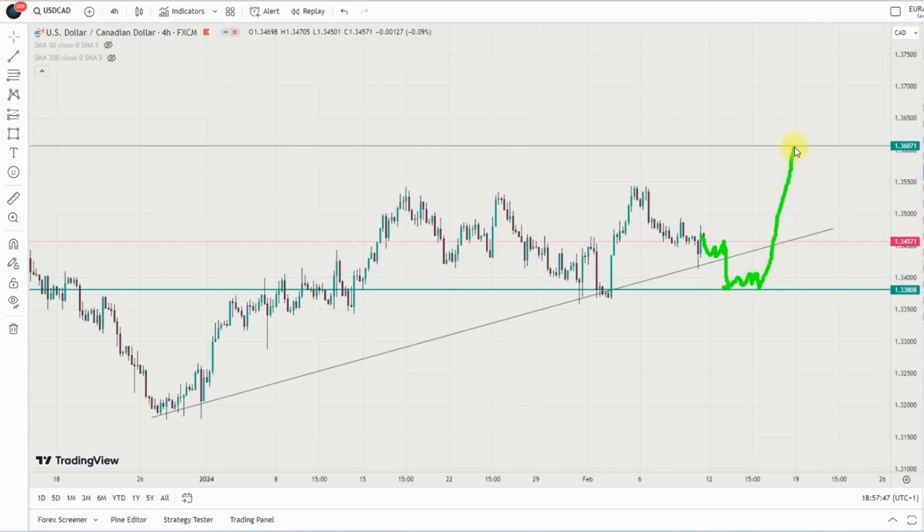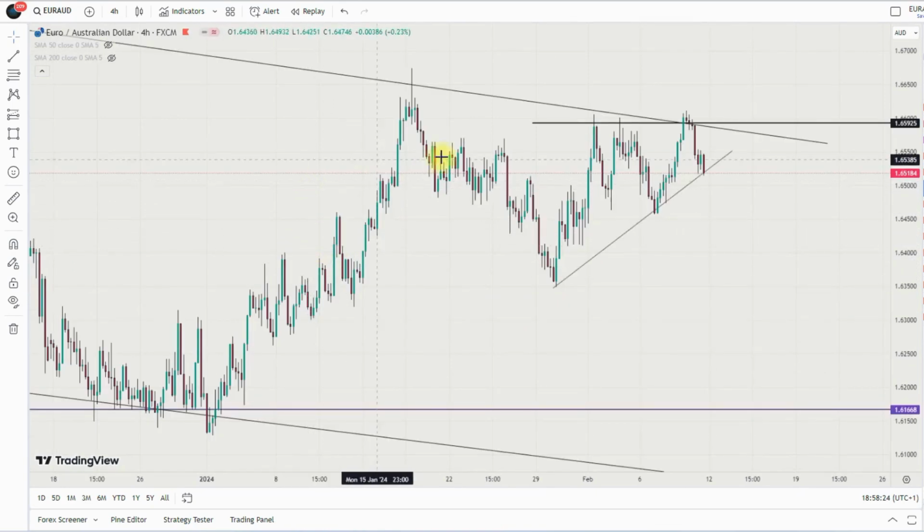1.33808, and then I will take my buy bias back to 1.36071. So if I didn't see the rejection here, I'll be waiting for rejection at this level. But if this level breaks, then I think I'll change my bias back to a sell bias, and then we have my TP at 1.31871. But simple, my bias is a buy bias for price to come here or reject here, and then we'll see it taking my profit at